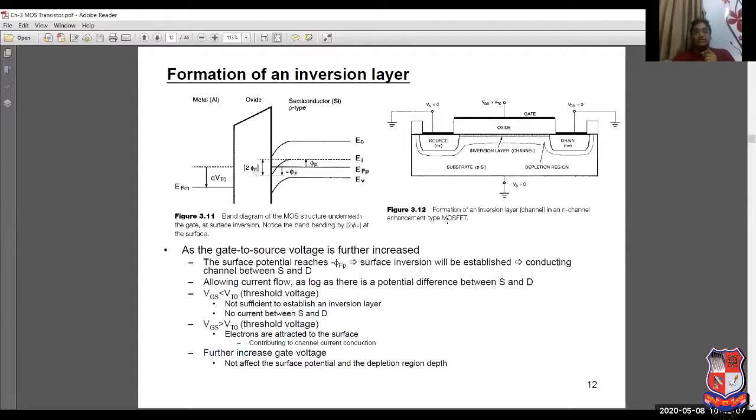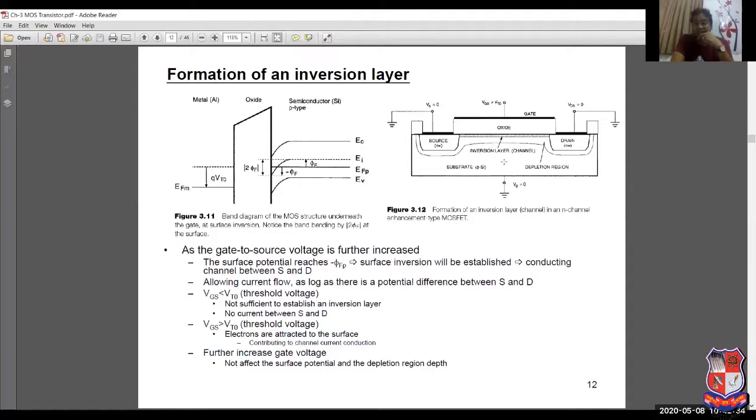What is the condition for surface inversion? The bulk potential should be the same as the surface potential, but opposite in nature. So phi s minus phi f should be equal to 2 phi f. The subtraction is equal to 2 phi f. In this case, inversion takes place, and the region at the channel, between the oxide region and the substrate, acts like an inverted n-channel material.